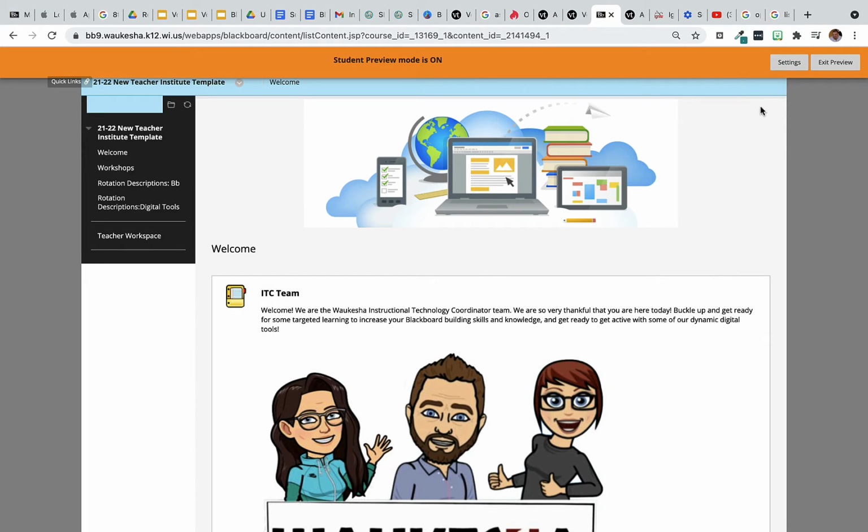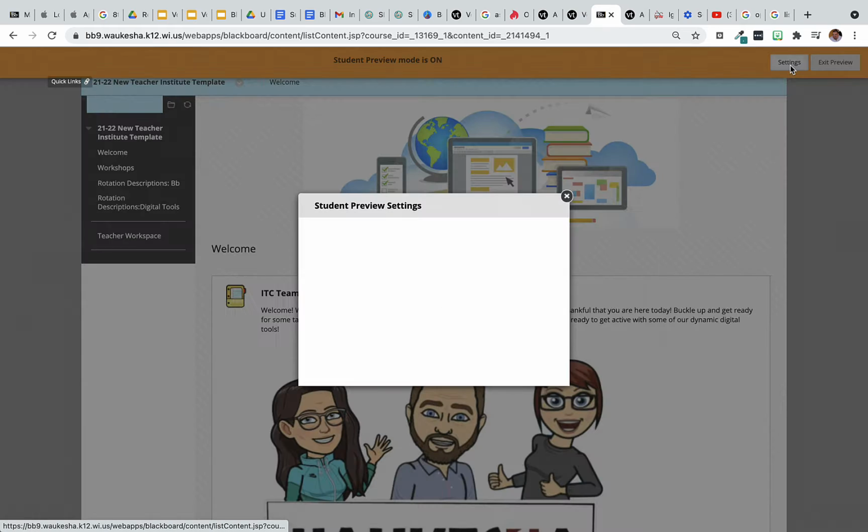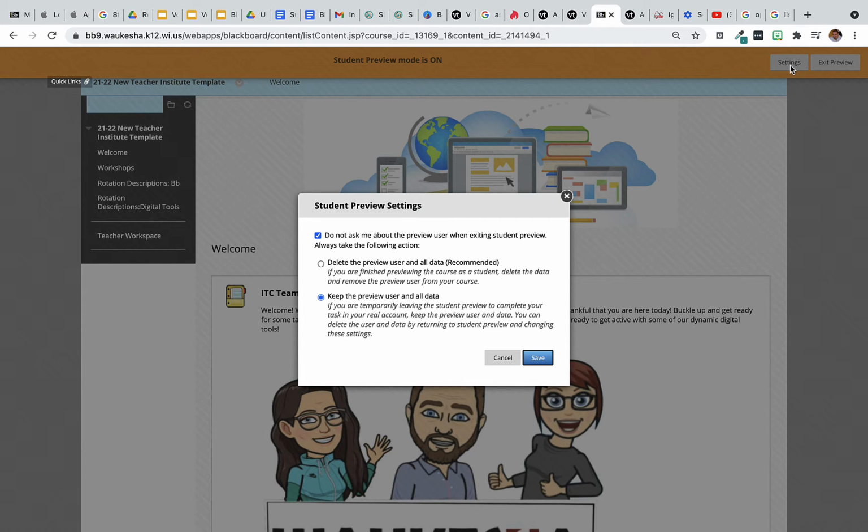So once I've clicked Student Preview, I want to check my settings in order to use this to check my adaptive release. If your setting deletes the preview user and all the data, that means that temporary user account that we'll be using in just a moment will go away. But if I keep the preview user and all data, which is the option that I keep here, and click